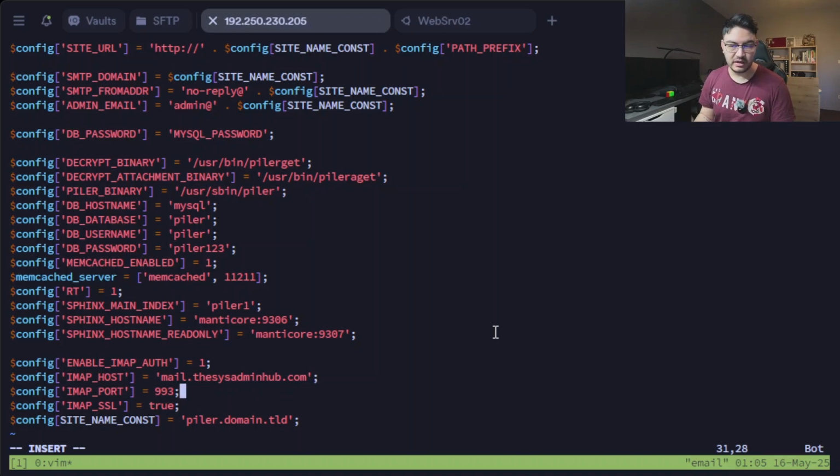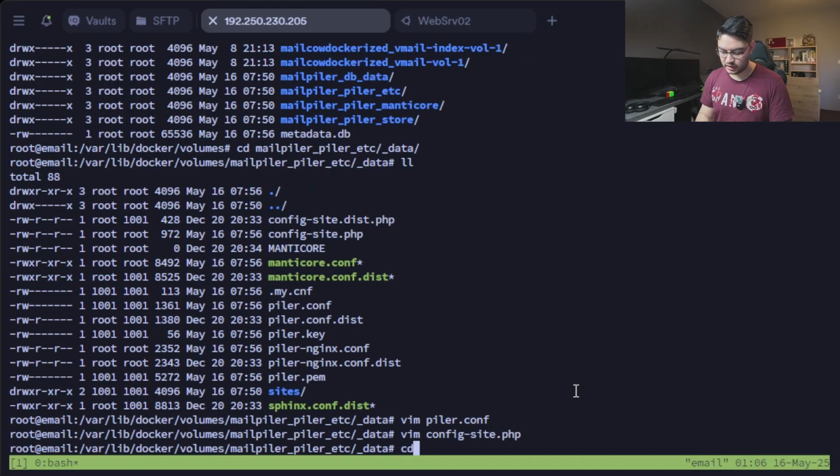The IMAP port is 993, the default, also SSL to true, yes. And the name constant is our address, which is archive.sysadminhub.com. So we save this,